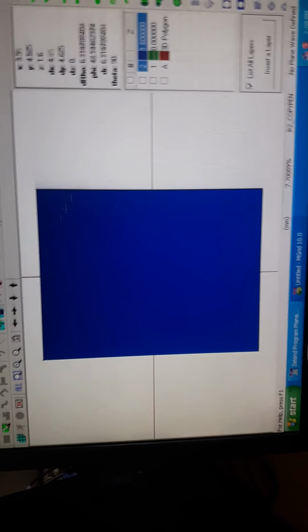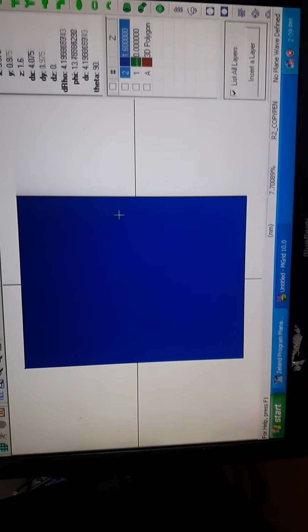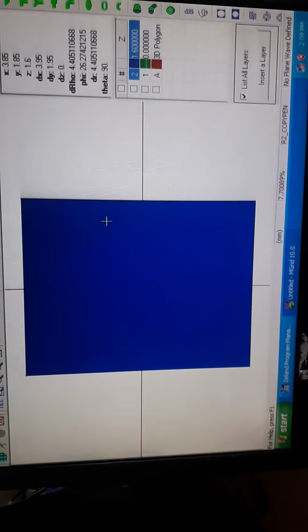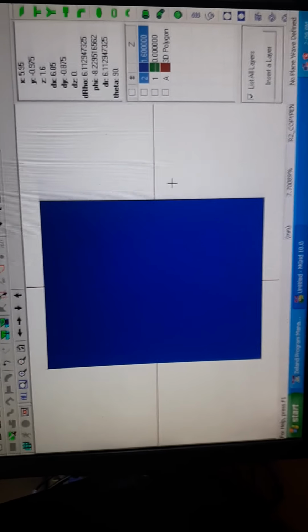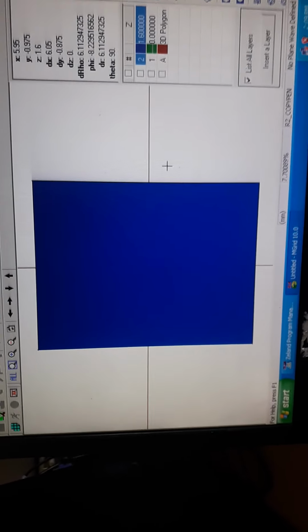Now this is one rectangular patch, but this patch is not working as an antenna. Antenna means we have to feed some signal, but here there is no feeding point, so we have to add a feeding point.